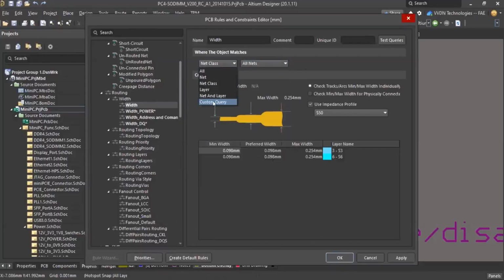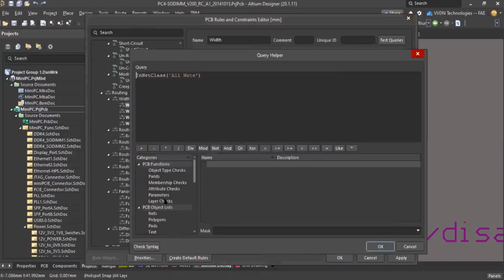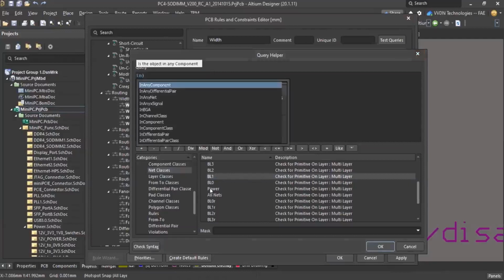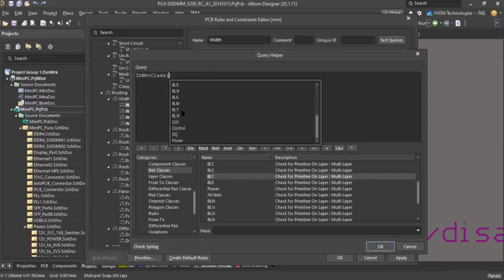And as I mentioned, if you want to use a custom query, the same way, in net class all nets, or in net classes, you can select the net classes and it will automatically update here. With this query helper and query in net class, it will show which net class you are going to assign, and you can simply select it.